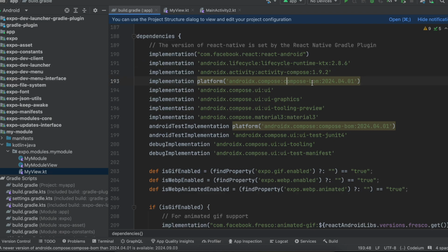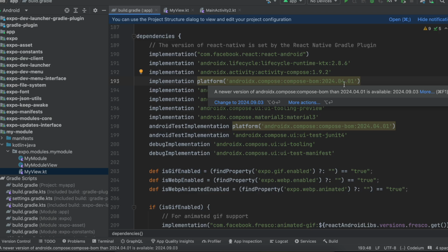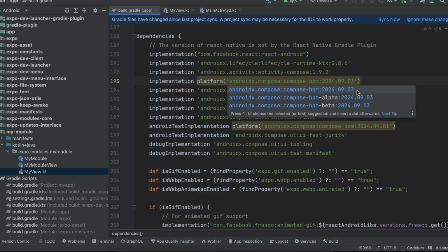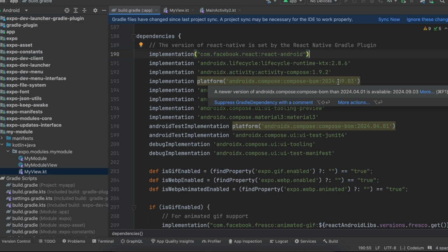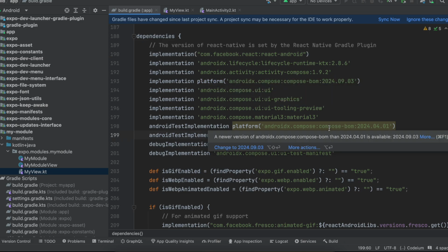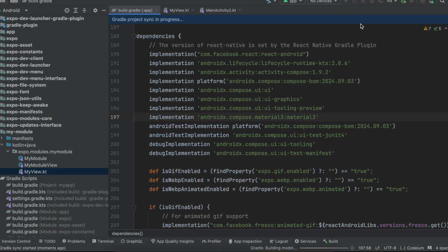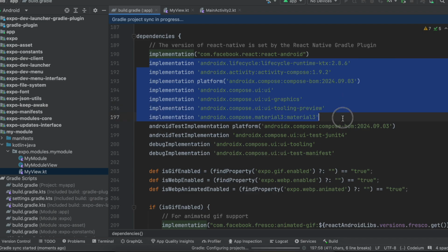So what I can do is that here it is telling me there is a new dependency. So here you can see 24.0.09.3, so I'll just update this. Okay, and this is the latest one. Yeah, so here you can see Android Studio gives you this warning. This also I can update to 0.09.03. So whatever Android Studio is telling you, update it to that version, and then click on sync. Now I will copy this,